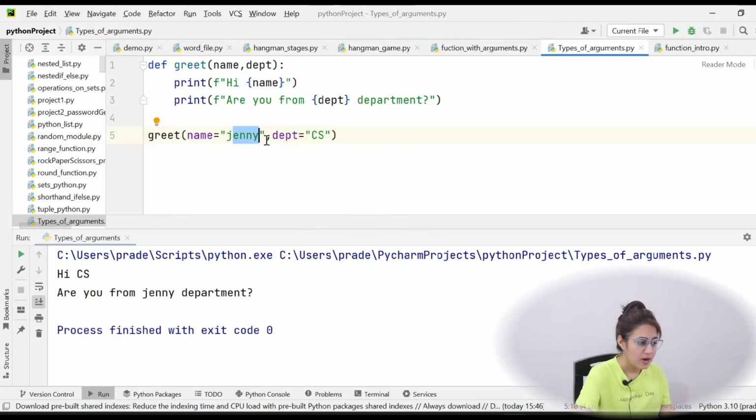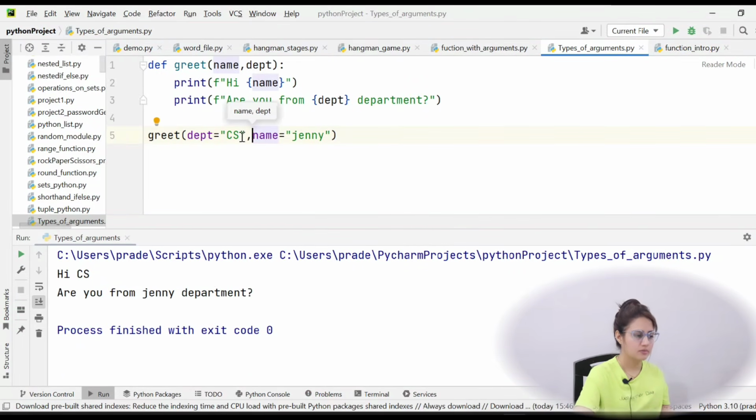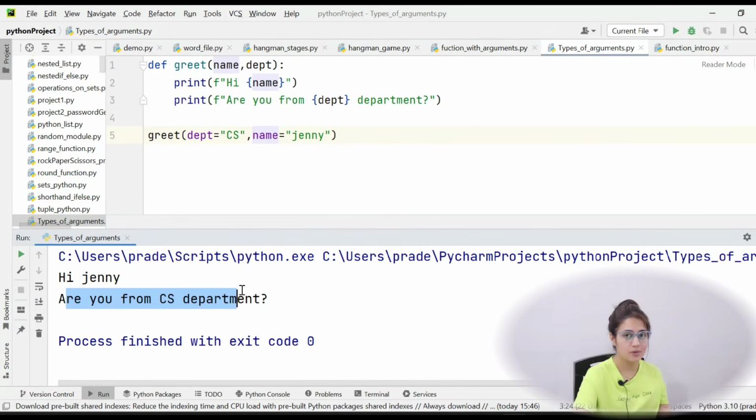Now if I reorder this, like if I pass the department first and then the value Jenny, it will also work fine. See, "Hi Jenny, are you from computer science department, CS department?" It is working fine, because if you change the order, that will not cause any problem,